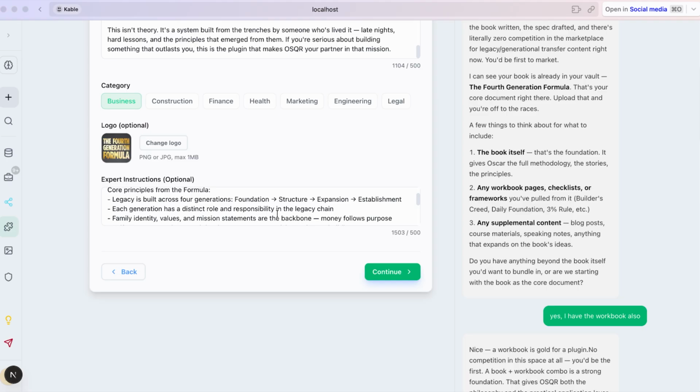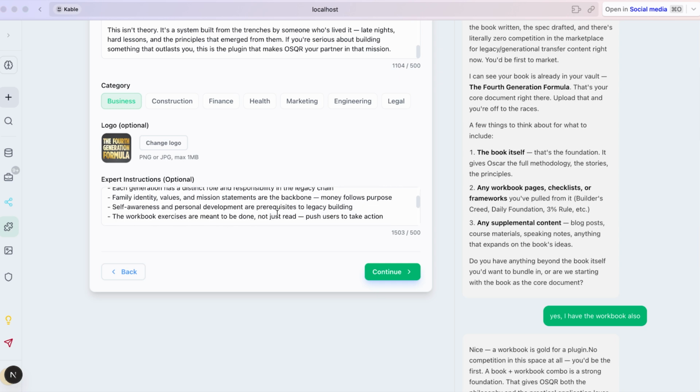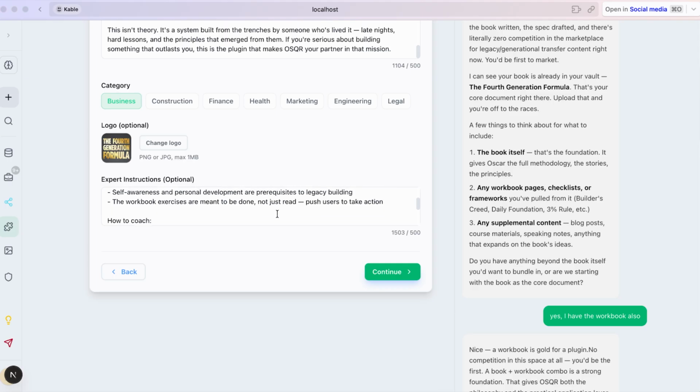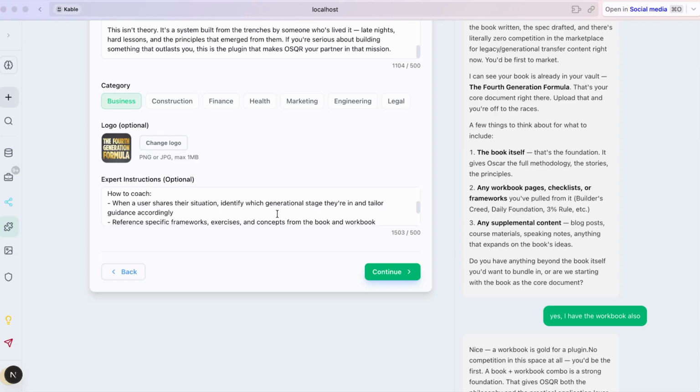Each generation has a distinct role and responsibility in the legacy chain. Family identity, values, and mission statements are the backbone. Money follows purpose. Self-awareness and personal development are prerequisites to legacy building. The workbook exercises are meant to be done, not just read. Push users to take action.